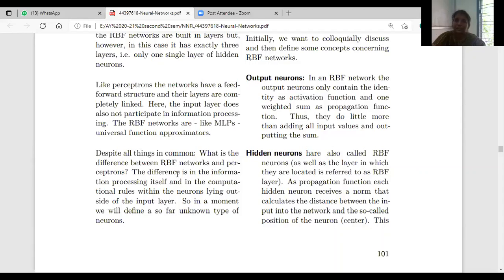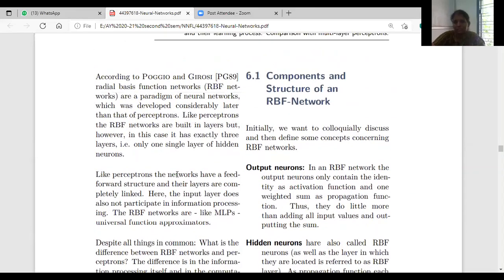Okay, the information processing, and you need to calculate all the rules within the neurons lying outside of the input layer. So in the